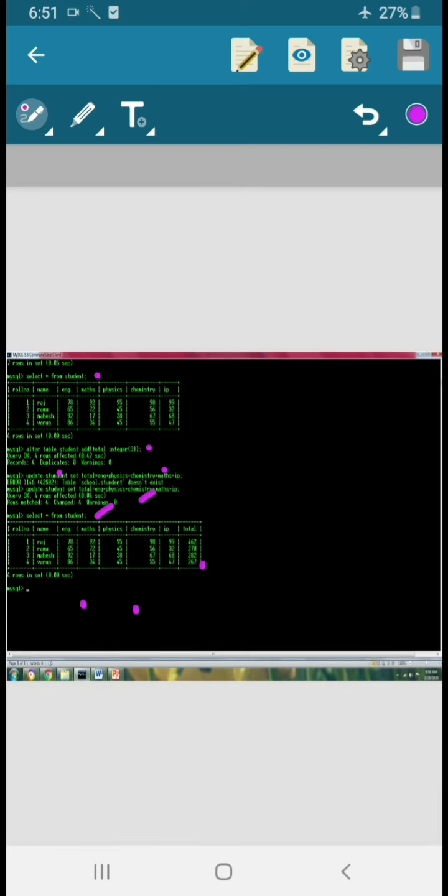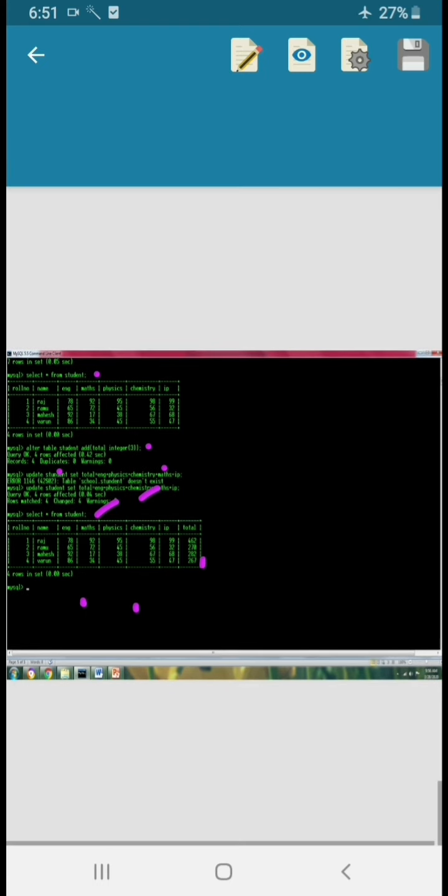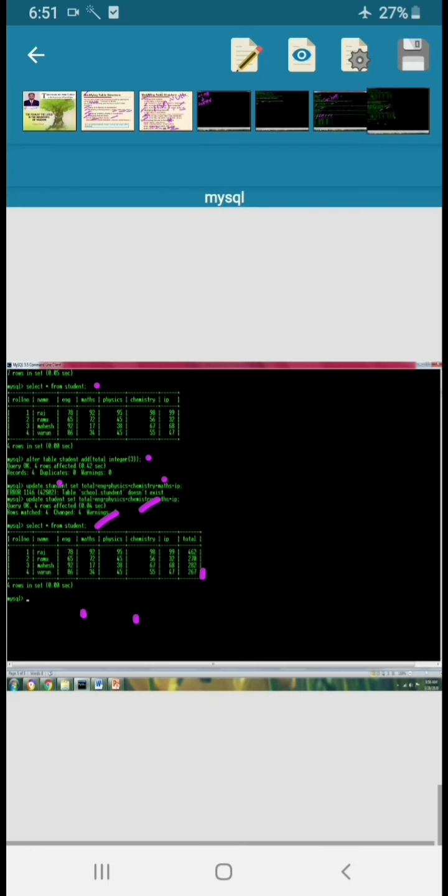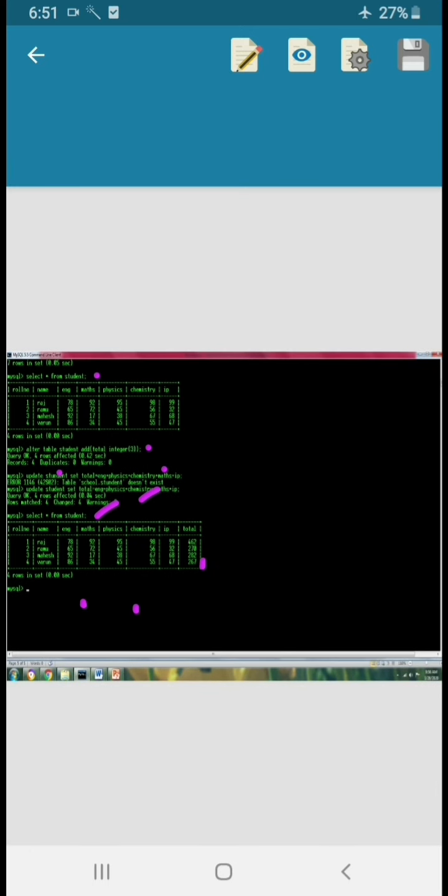So today we have seen the alter command. We also saw modifying the structure of the table with the help of alter sub commands, that is add, modify, change, drop, and we have seen the execution part and what errors we are going to get. All the things we have discussed, and the differences between drop and delete, and drop, alter, and create, and we have seen what the use of null is also.